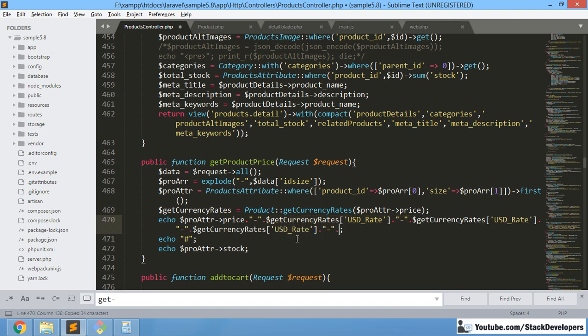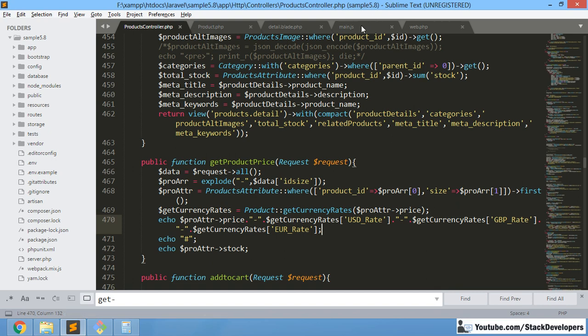So first USD rate, then GBP rate, and after that the euro rate, EUR. After that we do not require this one, we can end it like this. And this one we are sending in